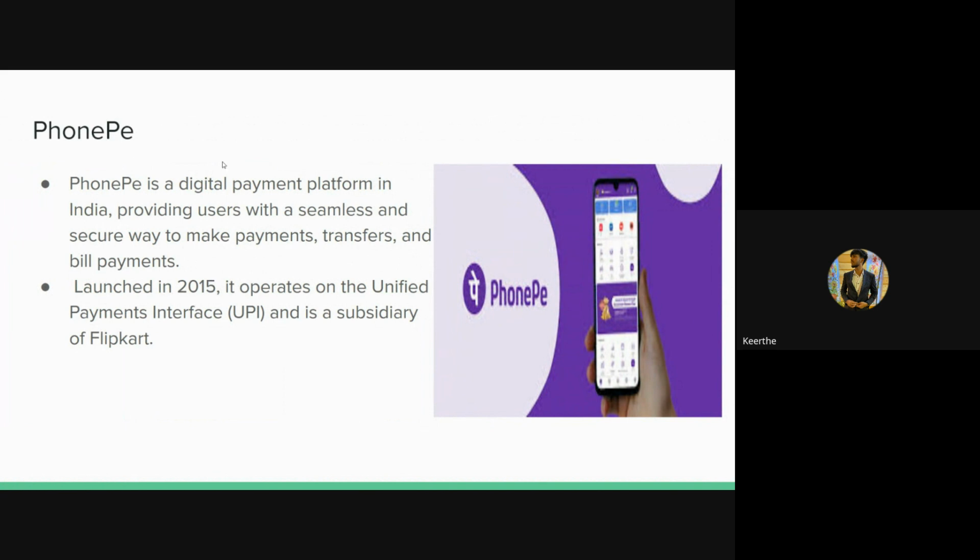PhonePe is a digital payment platform which was invented in India. It is used for digital payments from one person to another, maybe from one bank to another. It offers seamless payment transfers. You can also pay your mobile bills and your electricity bills. Any bill payment can be done in that app. It was launched in 2015,